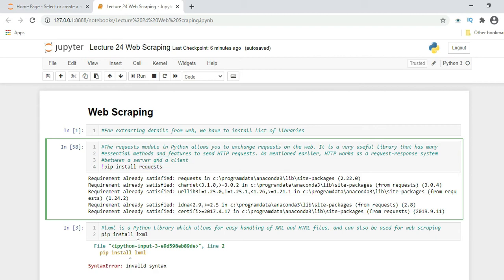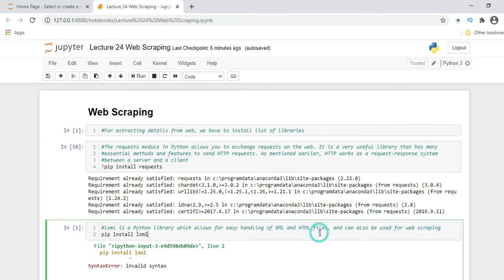Similarly, we have another module we have to install, lxml. So what does this lxml module do? It is a Python library which allows easy handling of XML and HTML files, and can also be used for web scraping, like here where we are using a web scraping technique.